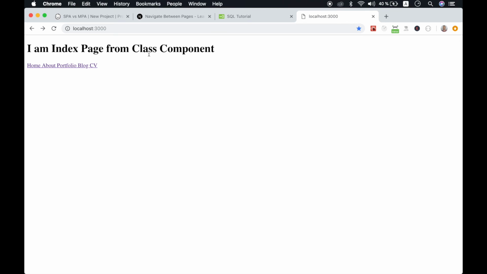Okay, so this is a basic navigation between the pages, but we are making an application in a framework, Next.js, and the navigation between pages can be done in a nicer way. Because this should be a single page application, we need to do it single page. And I will tell you what is the difference between a single page application and a multi-page application, and how to make a